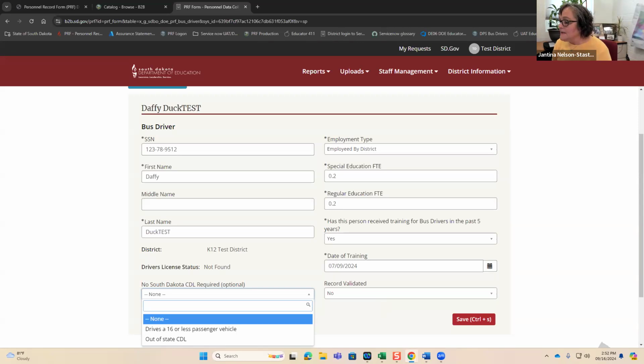If transportation is indicated as a related service but they're driving this 15 or less passenger vehicle, that person is not required to have a CDL due to the vehicle used for the transportation purposes, such as a small passenger van or a car. But they do have to have a valid driver's license.